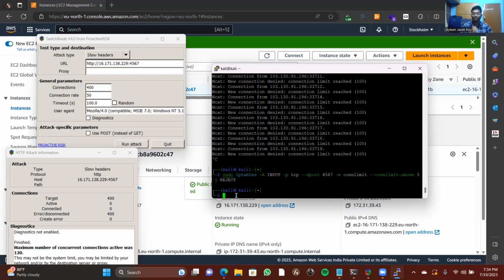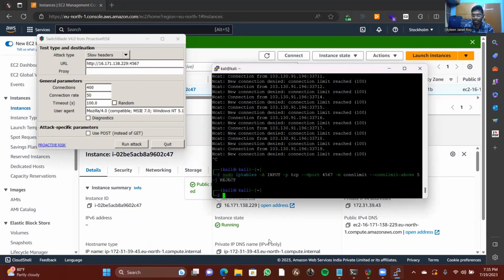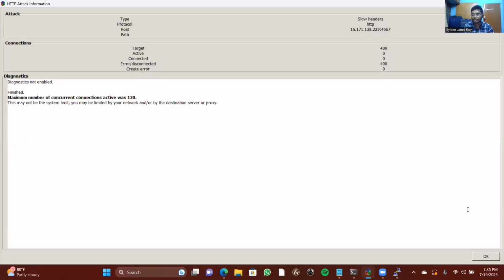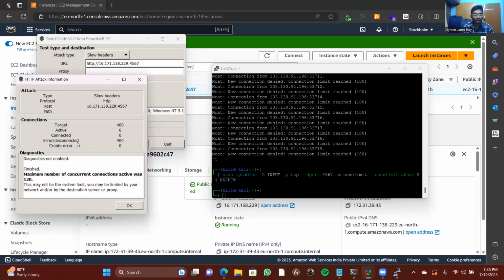I'm giving enter to perform, and you can see it worked. I'm doing the same here by changing the input values. I didn't stop the previous attack, so just wait for a second. Yes, this is my previous attack, which got 400 disconnected connections because the limit was set to 100, so that it got cancelled.